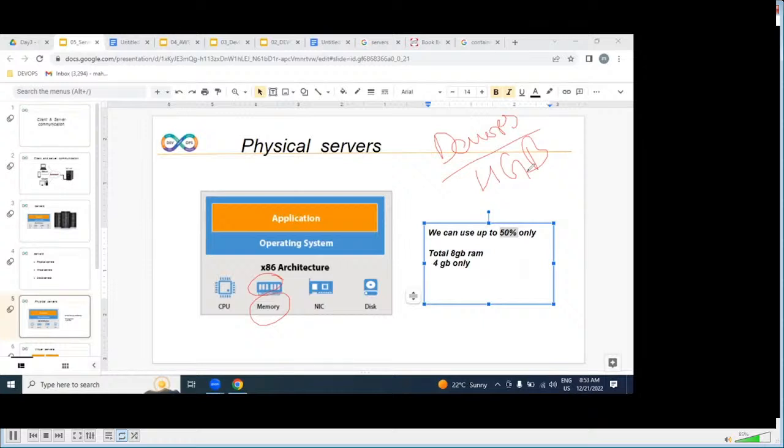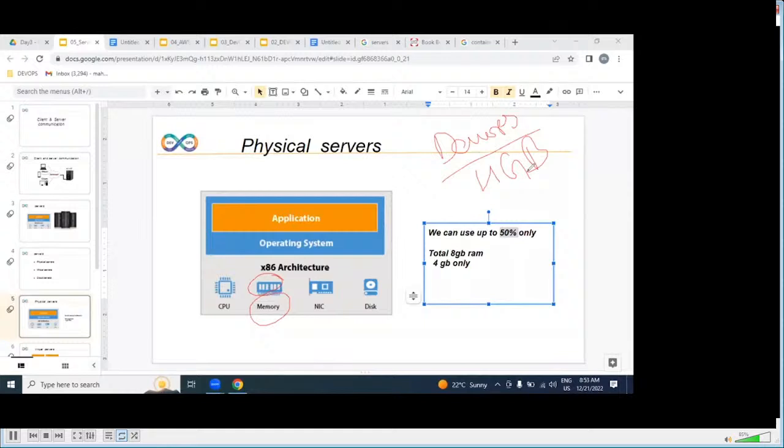While buying a laptop, will you buy only a 4 GB laptop or 8 GB? 8 GB. Why? Maybe tomorrow you're going to practice another software. Maybe you are watching movies, browsing, a lot of activity you want to do. That time you can't do that. Am I right? Yes.